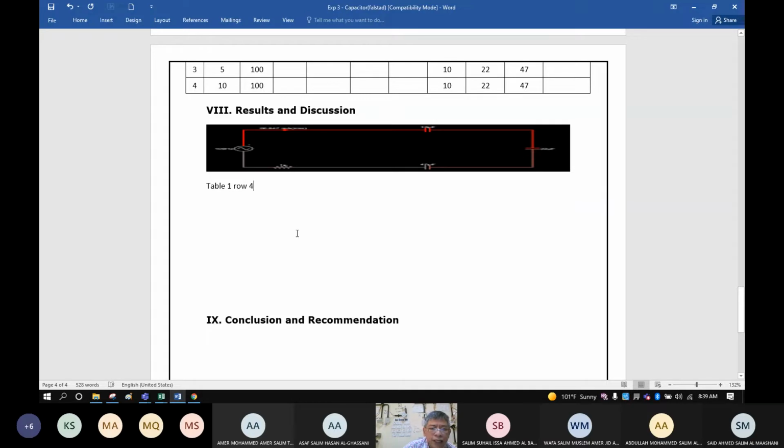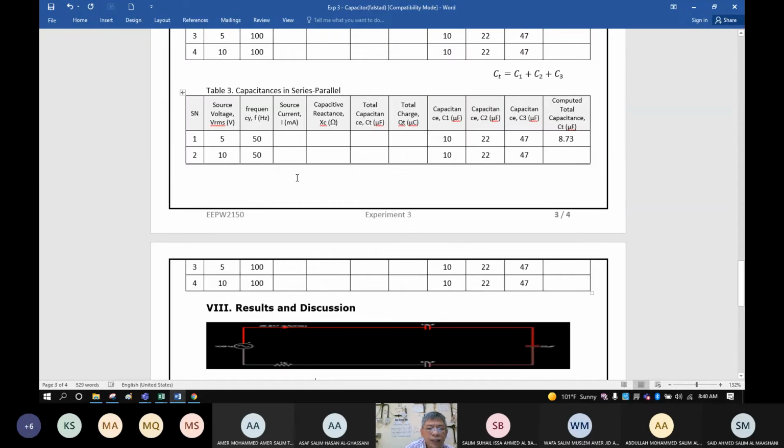And then your discussion here, I need to see and show your calculation, okay? Computation or calculation of your IT, then what is again other information that is needed?